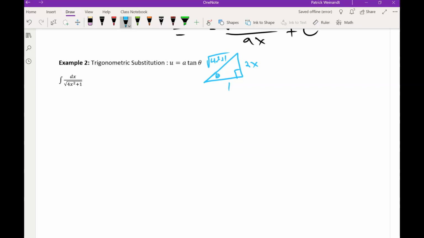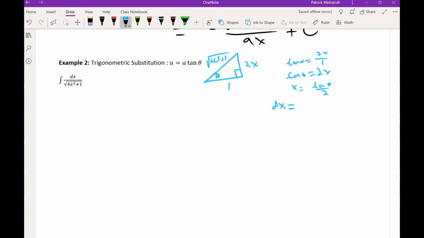Here's our theta. We want to relate the quantities x and 1. That's going to be the opposite over the adjacent, which is tangent. So tangent theta is going to equal 2x over 1, which is simple enough. Tangent theta equals 2x, or you could say x equals 1/2 tangent theta. We can just leave it like this. Actually, we'll solve for x. X equals tangent theta over 2, which means that dx is going to be,